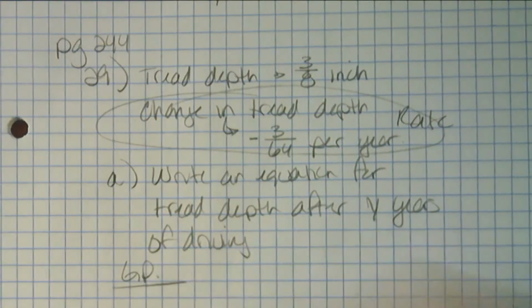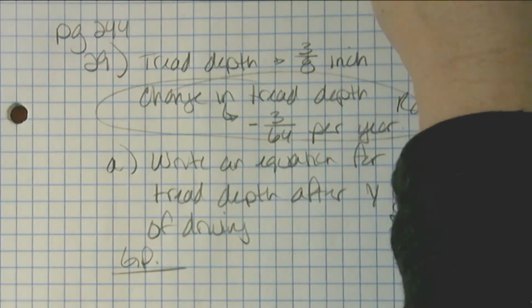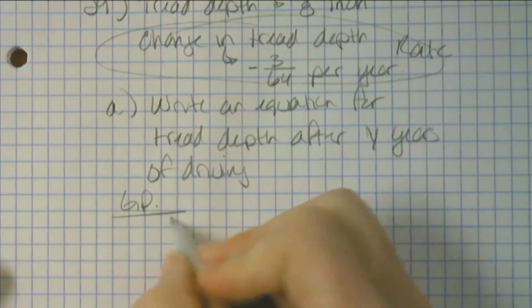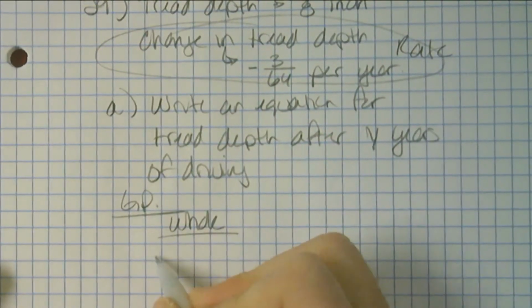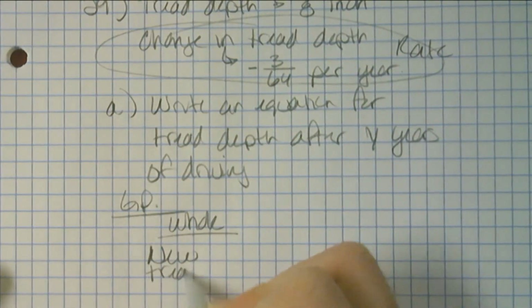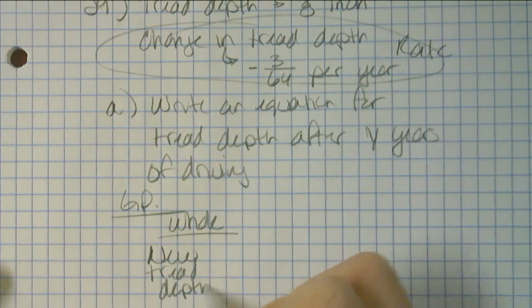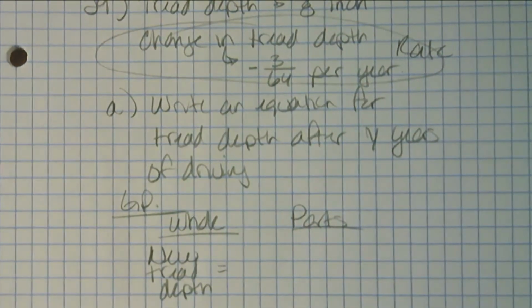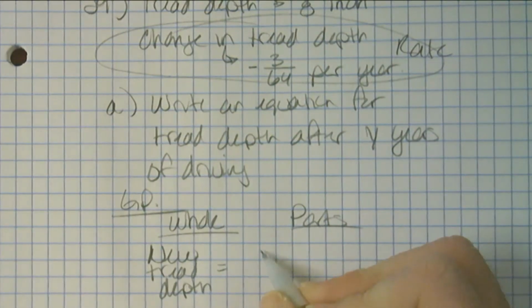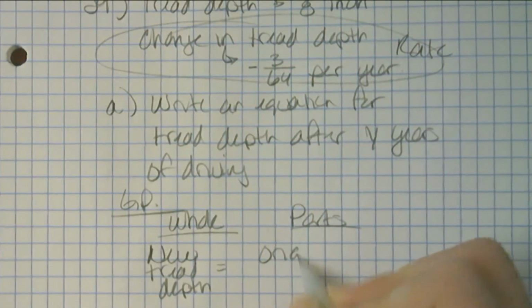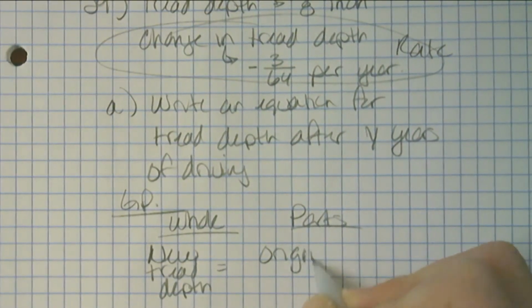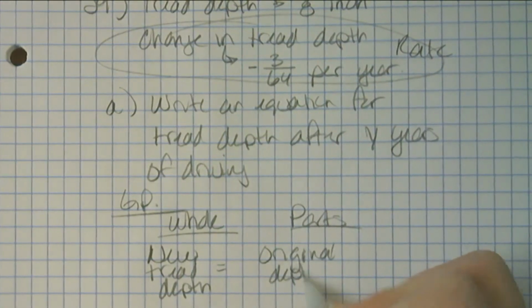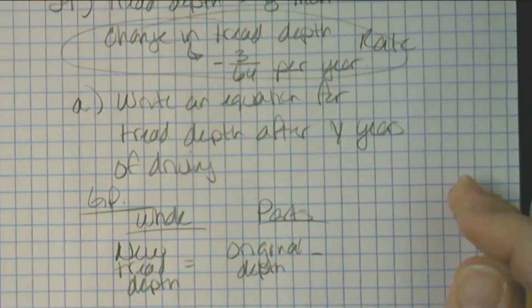So if we were to write a game plan, my whole would be the new tread depth is equal to, well, if I look at my parts, the new tread depth starts at the original tread depth,